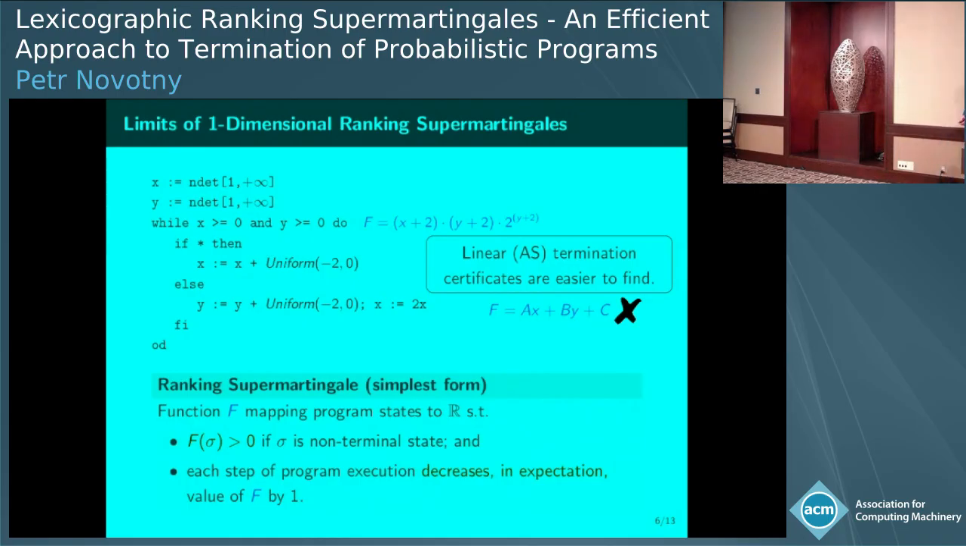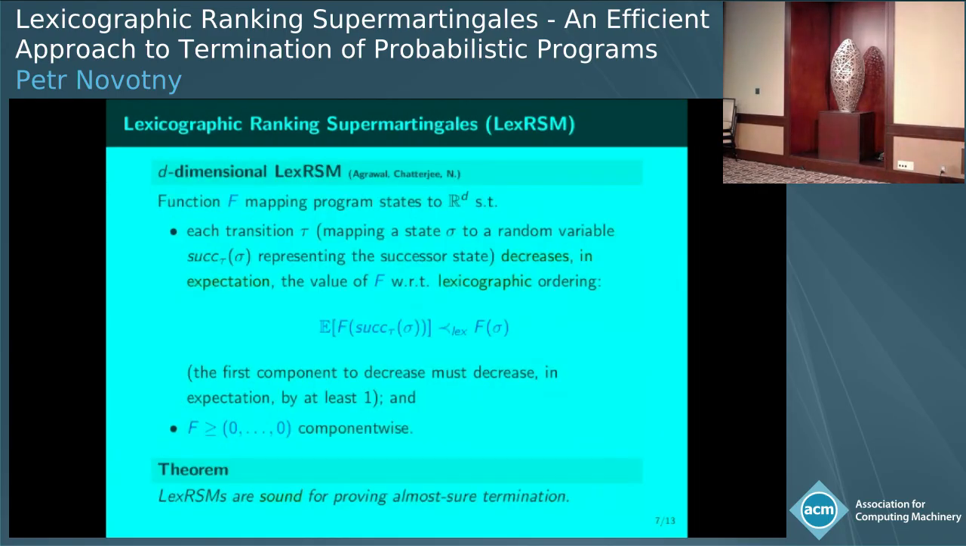So what can we do instead? We can basically generalize the tool that resolves similar problems in the classical setting, and that is we generalize lexicographic ranking functions to probabilistic programs. And we call these lexicographic ranking supermartingales. So we now have a function which maps program states to, let's say, real vectors. And